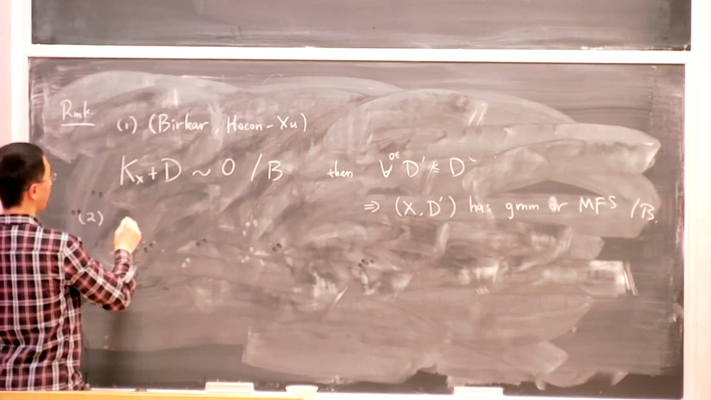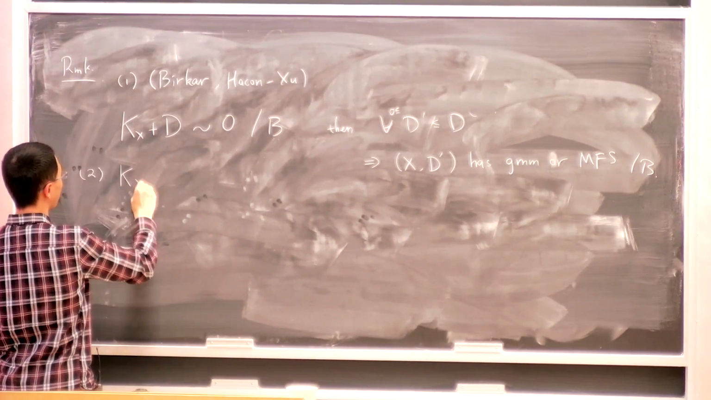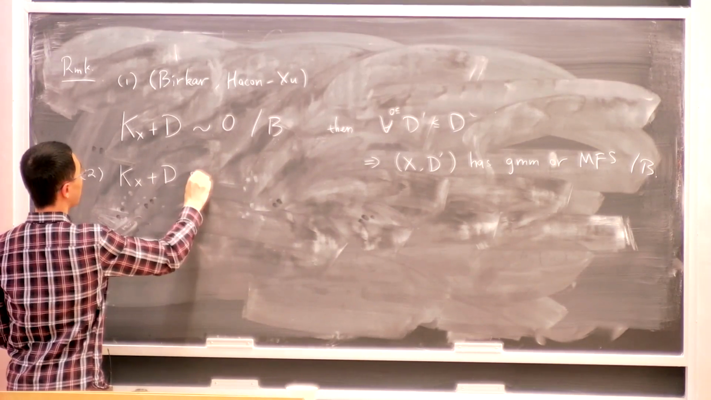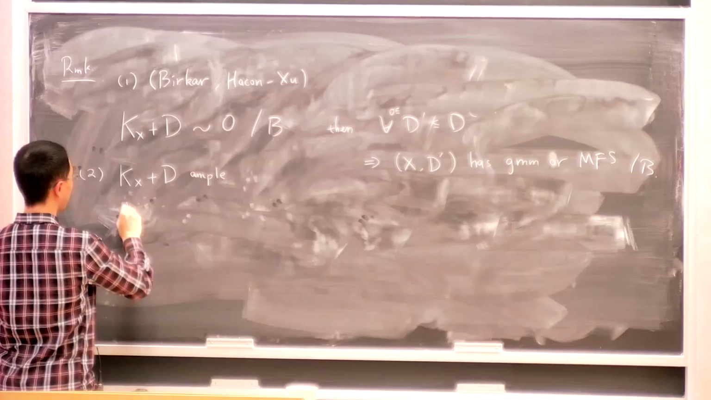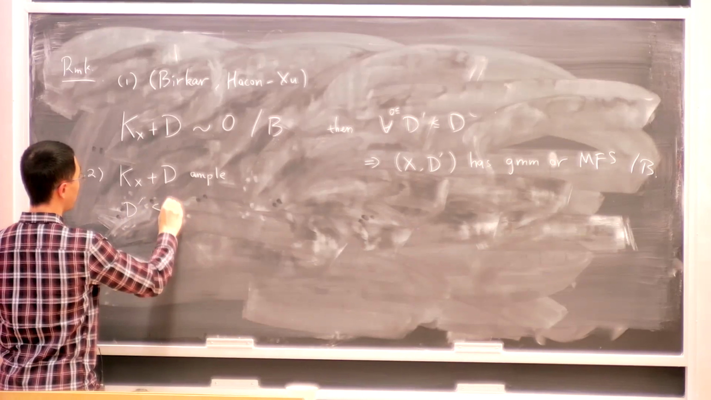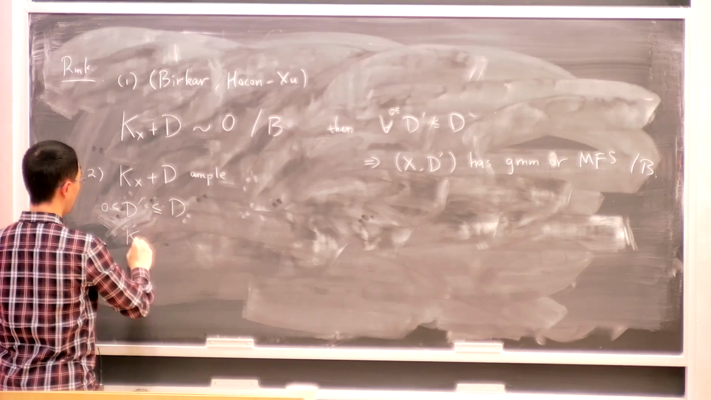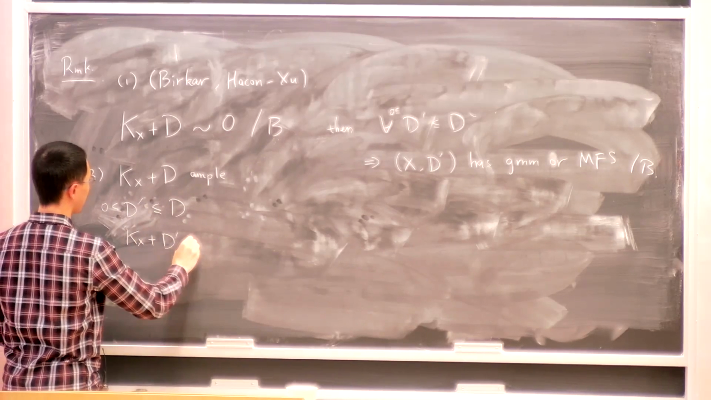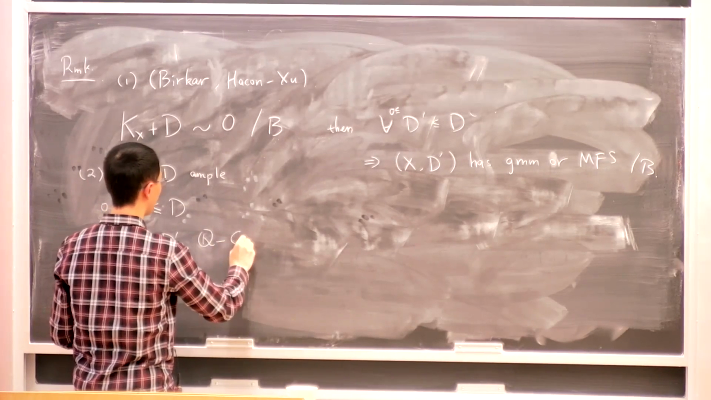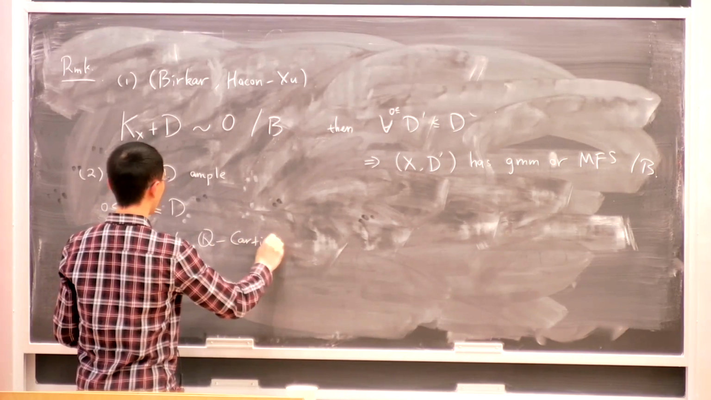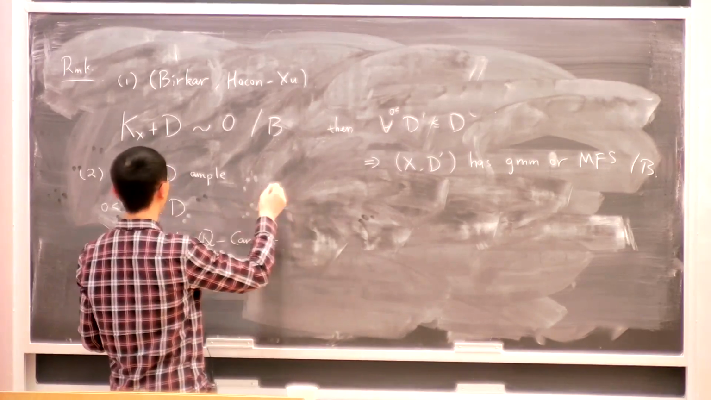And of course, there is also the maximal Kodaira dimension case where you assume K_X + D is ample, and this D' is smaller than or equal to D, but not 0. And maybe you have to assume that in this case, this is Q-Cartier, let's say. And then why does this have a good minimal model or Mori fiber space? Well,